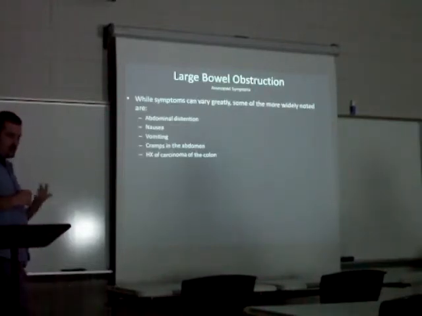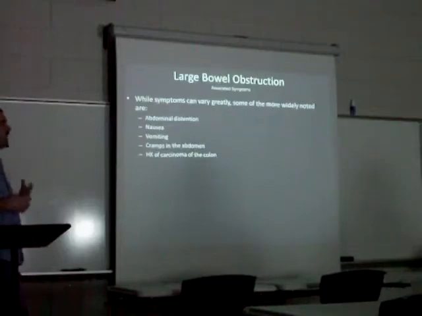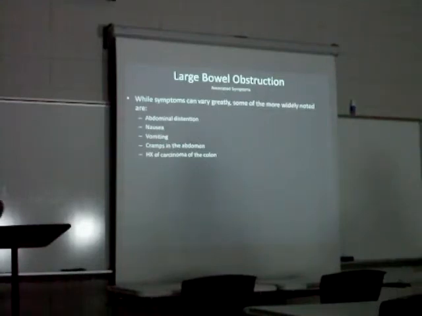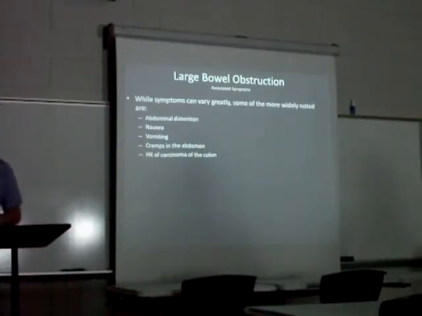Nausea, vomiting, cramps in the abdomen, and a history of carcinoma of the colon. So someone who comes in with a history of carcinoma of the colon can automatically be assumed to possibly have a large bowel obstruction. However, abdominal distension is another big thing to focus on. Someone who presents with a very large abdominal distension could possibly have